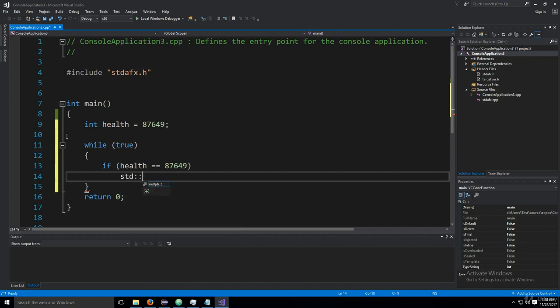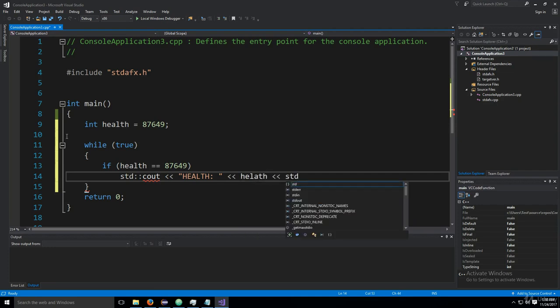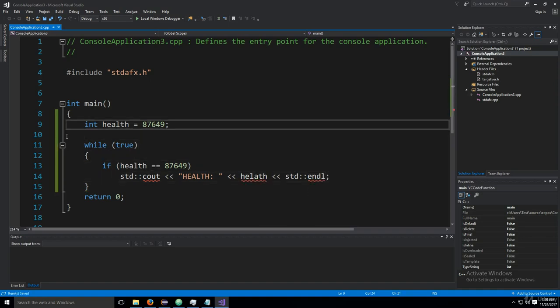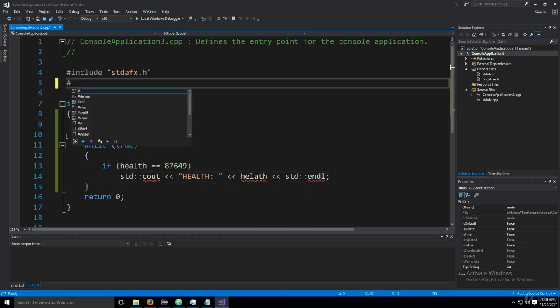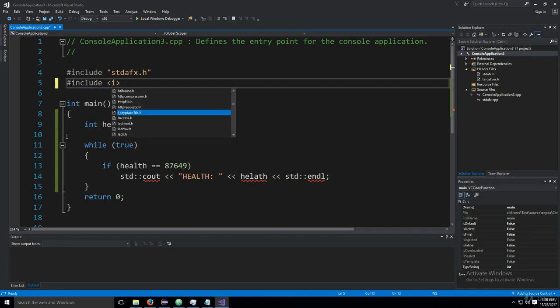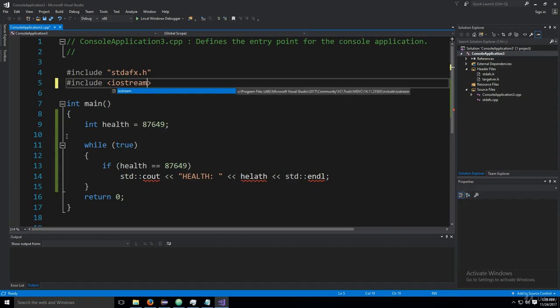So std cout health, and then std endl, because I would like to go into the new line, and I should probably conduct my imports here as well. So include iostream,